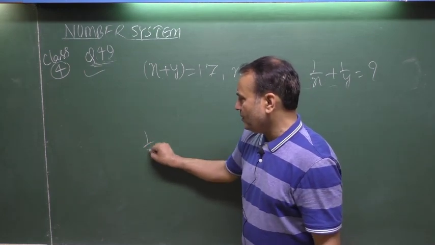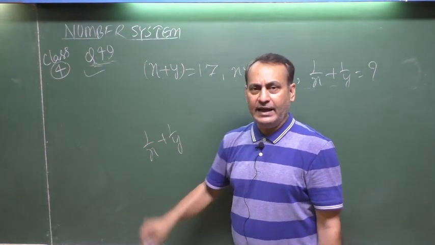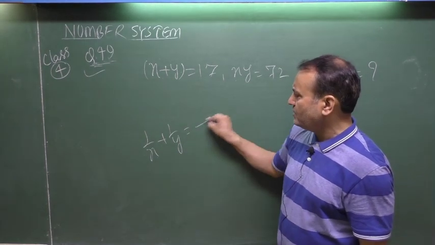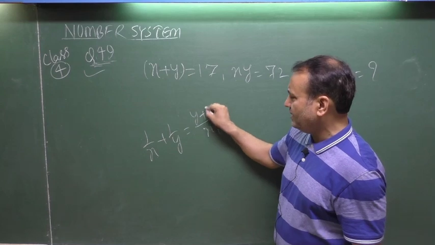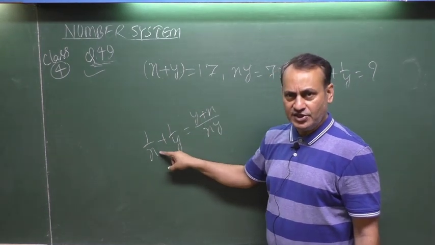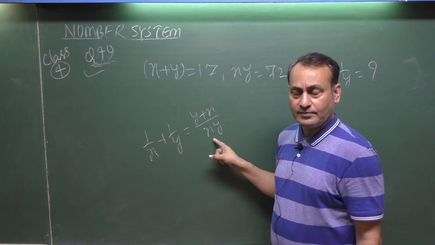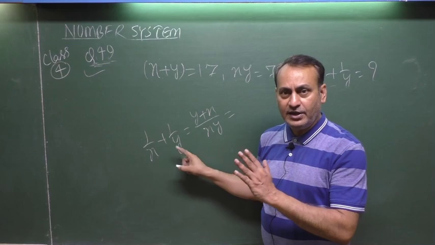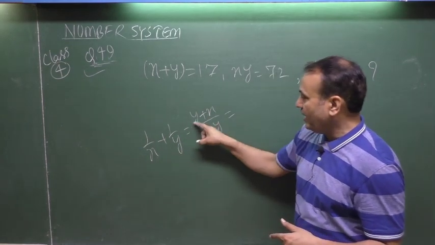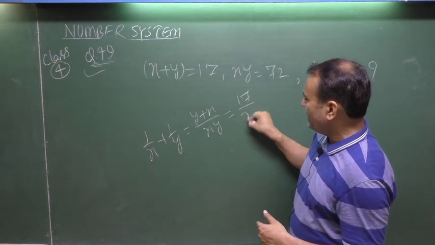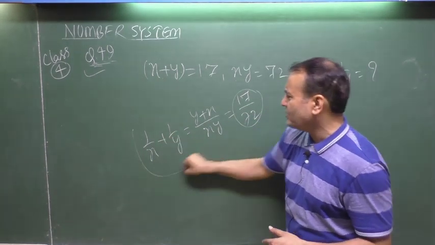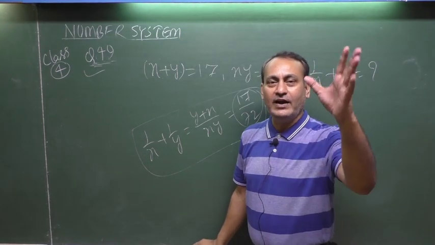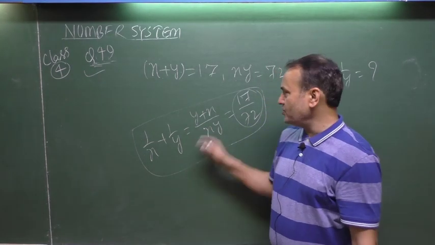See here, question demanded you 1 by x plus 1 by y. Firstly, you solve this. The demand is (x plus y) by xy. After solution, this is just equal to like this. Now, question has asked you this much and you proceeded, got this much, and see here, x plus y given 17, xy given 72. That means very easily, without separating and getting x and y, you are going to find the right answer in such a way. This is your final answer.